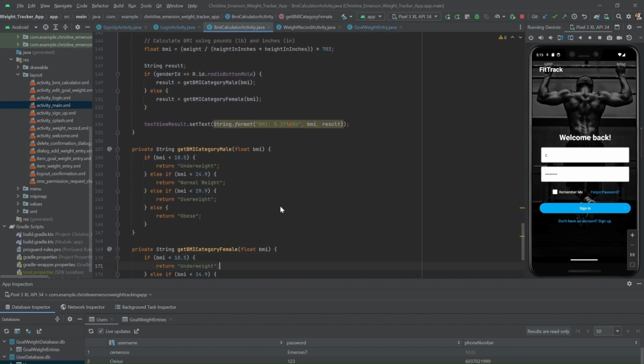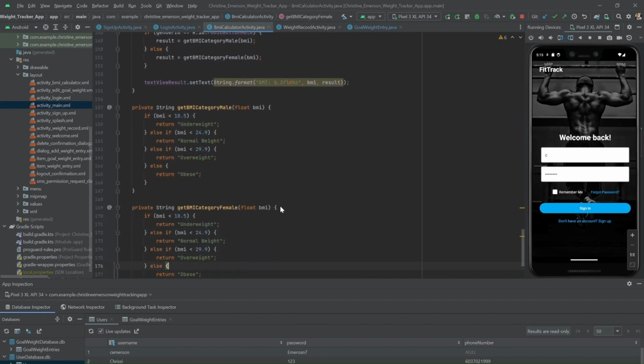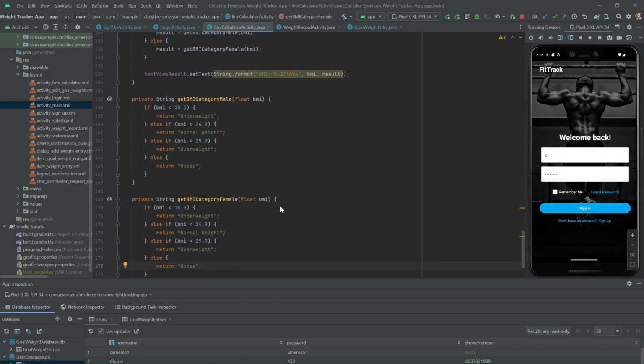And then the get BMI category, male and female. These methods just categorize the BMI into different weight categories based on gender. They return a string representing the weight category. So overall, the BMI calculator activity class, although it's not a course requirement, definitely enhances the functionality of the fitness